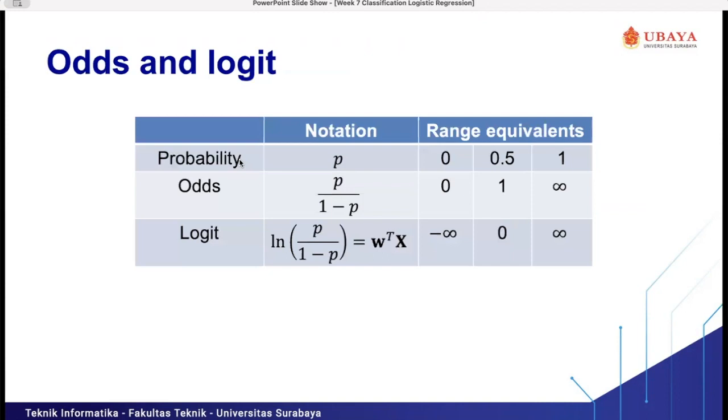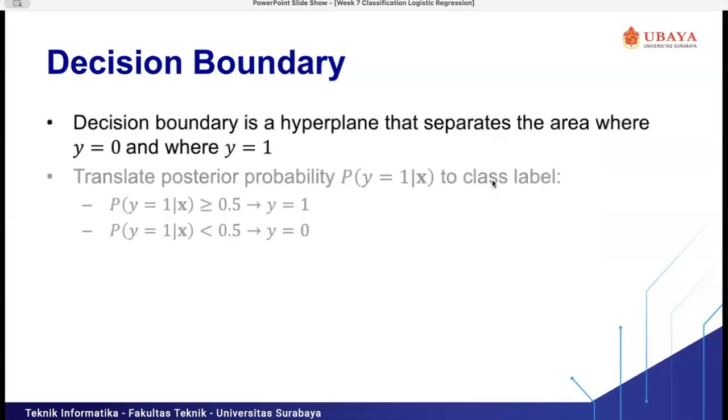Like I was mentioning before, these are the values for the decision boundary. And we can translate the posterior probability P, the probability of y equal 1 given the X values, to class level.